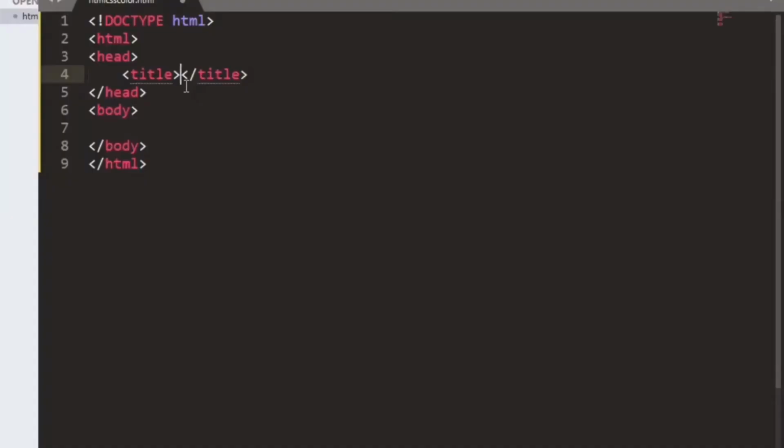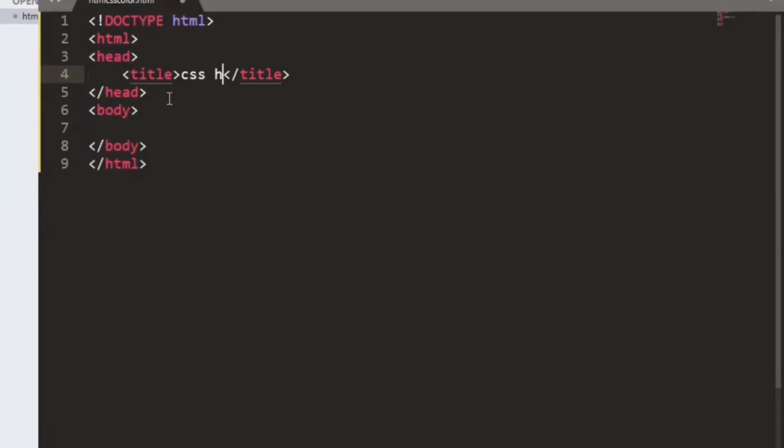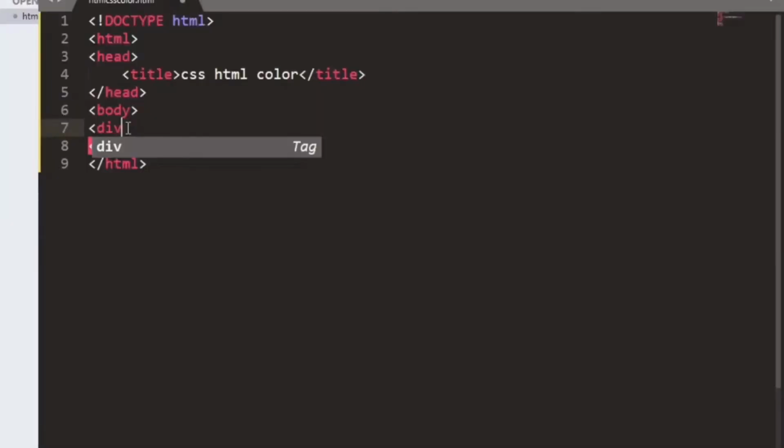The body structure has been made, and in between this we are giving the title, that is CSS HTML color. Suppose I am providing the color in a div.